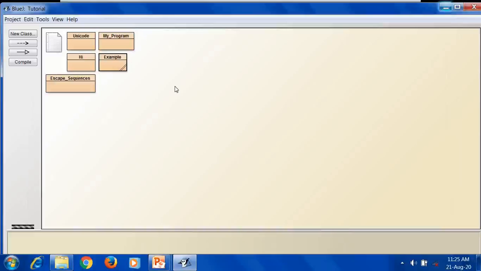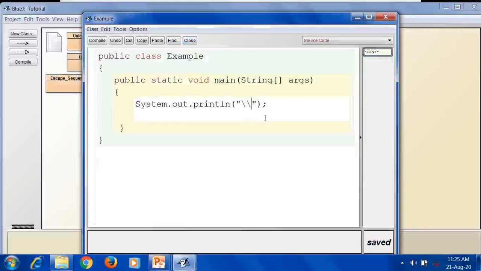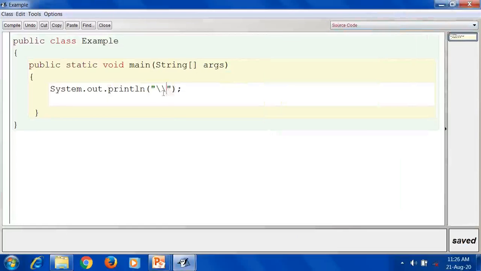Usually whatever we write in a double quote is going to print as it is. But when it comes to this special type of characters, it is compulsory to use these escape sequence characters. It is mandatory.